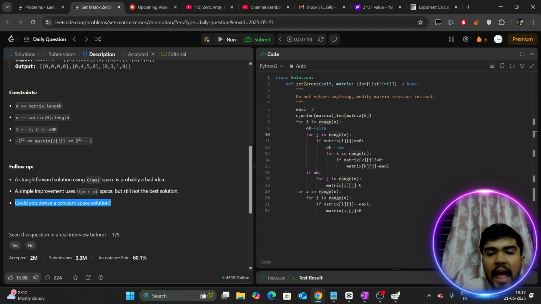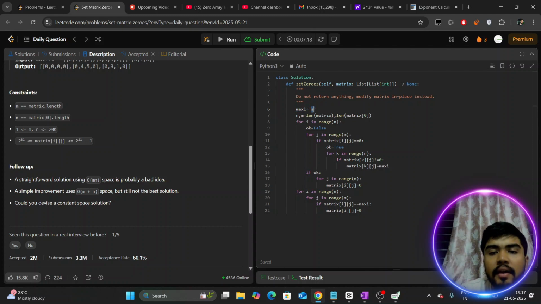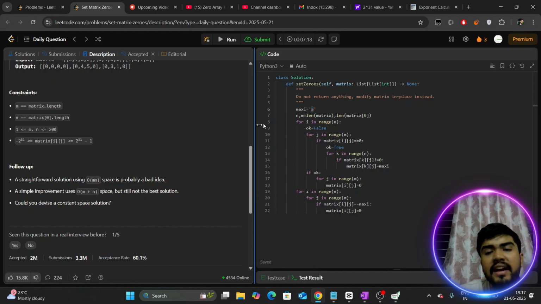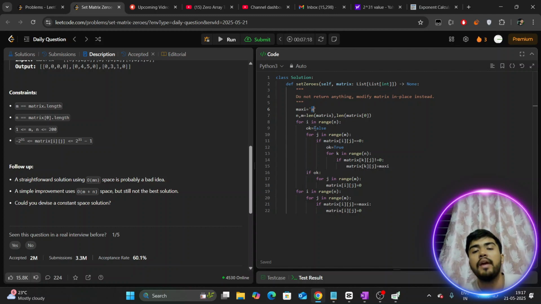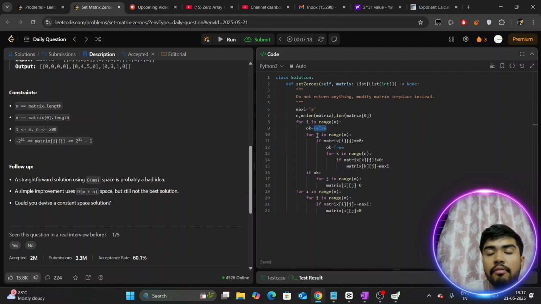So I have created an outlier named maxi to be A. The characters are not going to be present in our matrix ij, because our matrix ij holds integers only. So I have created an outlier named A. Now we are doing the standard things that I have just explained. N is the number of rows, M is the number of columns. For i in range N, ok equals false. For j in range M, I will explain what this ok is going to do. For j in range M, if matrix of ij is equal to 0,